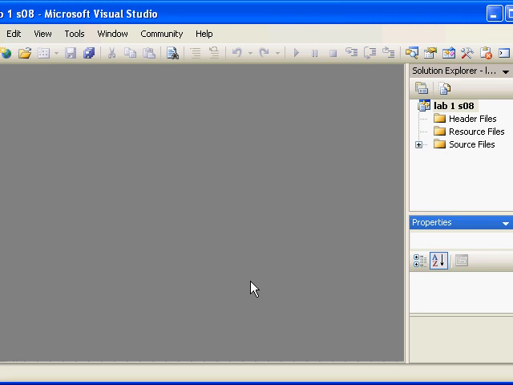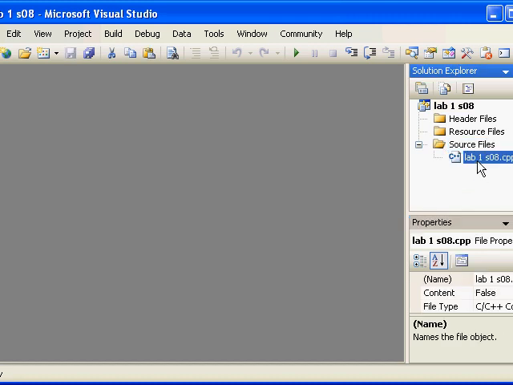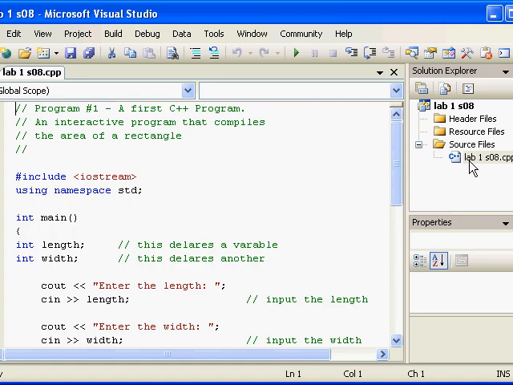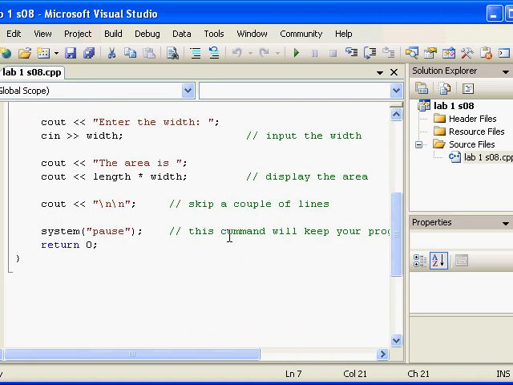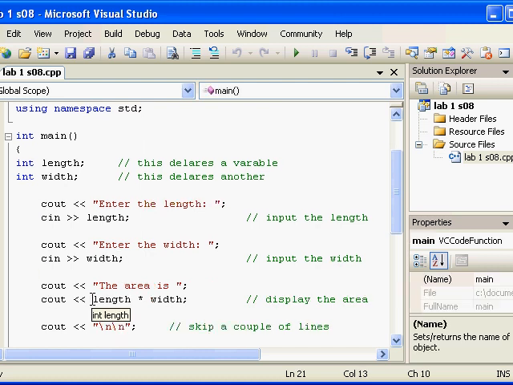Now, right now I have the compiler really shrunk down so that I'm not recording as much area in Camtasia Studio. You'll also notice my program didn't show up. Well, here's my project right here. I need to go into source files, and there's my source code file, .cpp. Double click on that. There's my code. Now I can see this little program. All it does is it inputs a length and a width and calculates the area and then puts out the